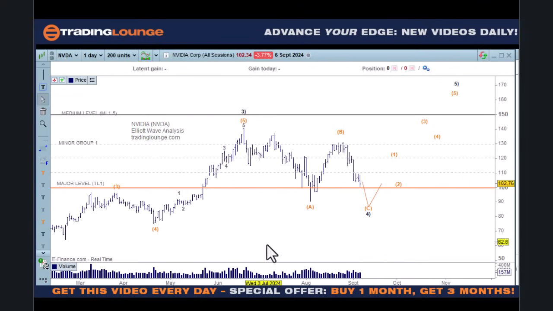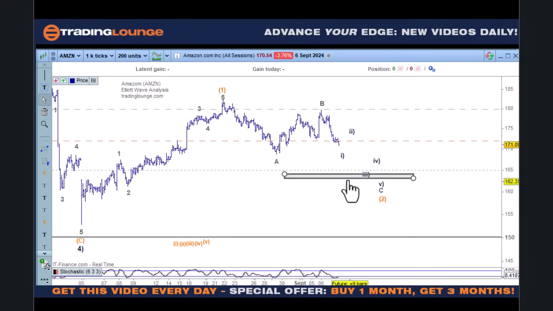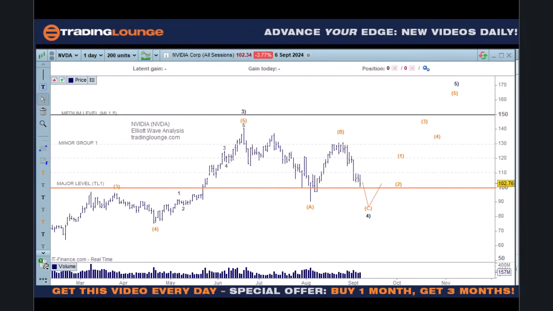So Nvidia, this is one we can look at. We've had wave 4 over here and we've had wave 1 over here. So now I'm changing that. I'm going to put wave 4 here, because when you think about it, when you've got Amazon that needs to come down and Apple needs to come down that far, well, that's a fair bit of time, isn't it? So by the time that happens, that is going to be below here. So it is interesting that that's there.